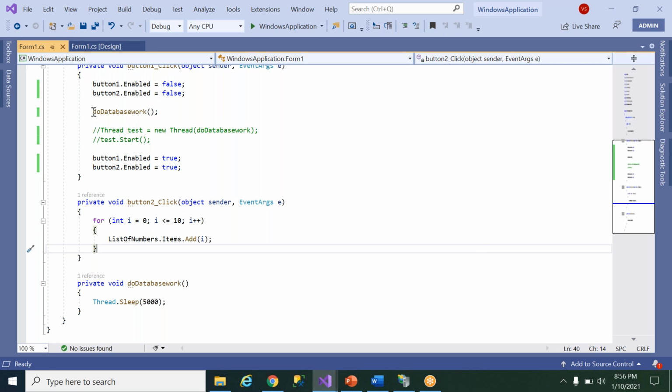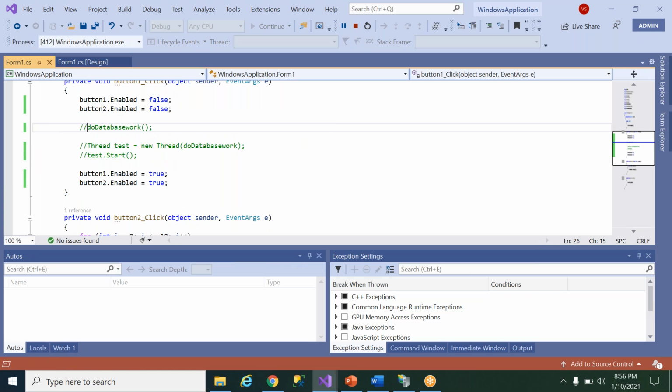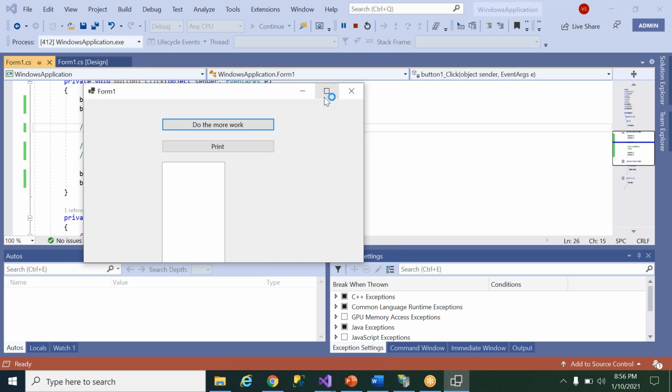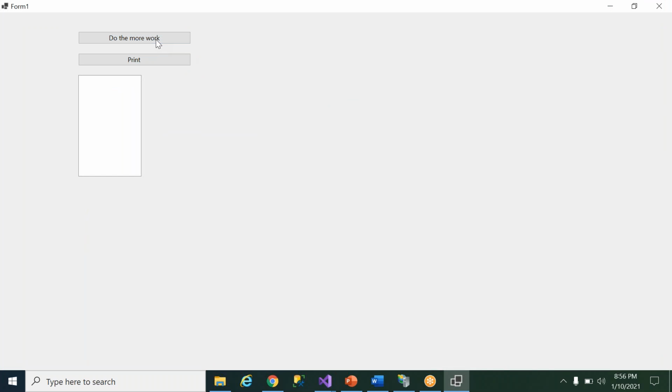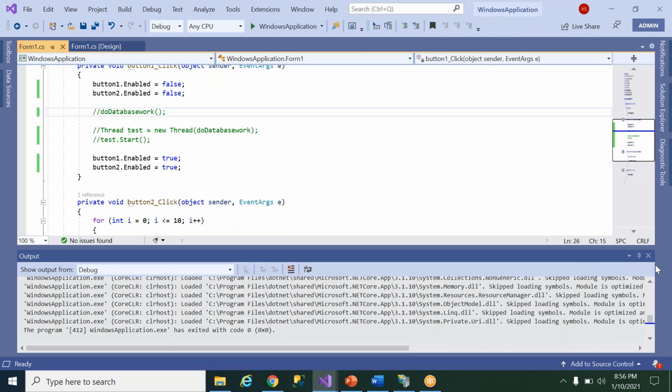So that's what happens. When I comment this out, what will happen? I have commented that. Now click on do more work: disable, then again immediately enabled. Disable, again immediately enabled. Now click on the print button, which prints the numbers, because here I do not have any method which is taking more time. To show you, just to give you the idea, what I am doing is at the bottom